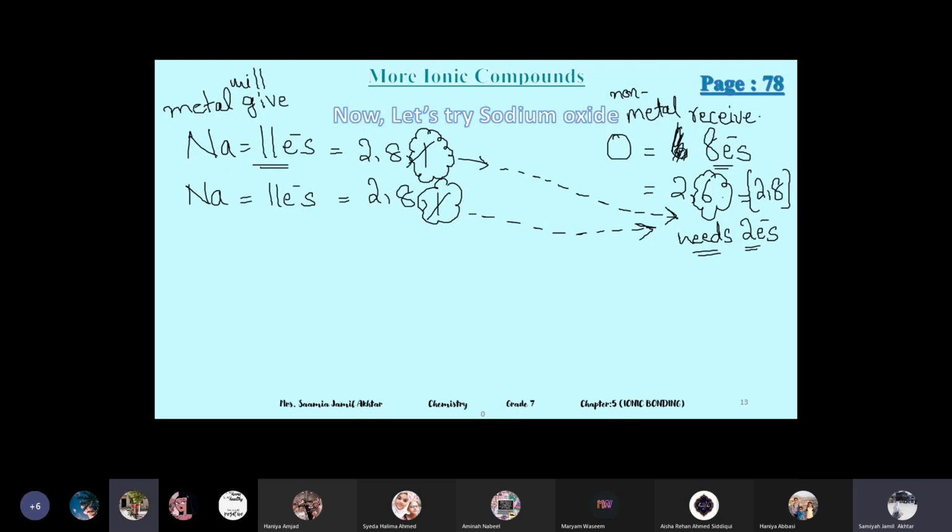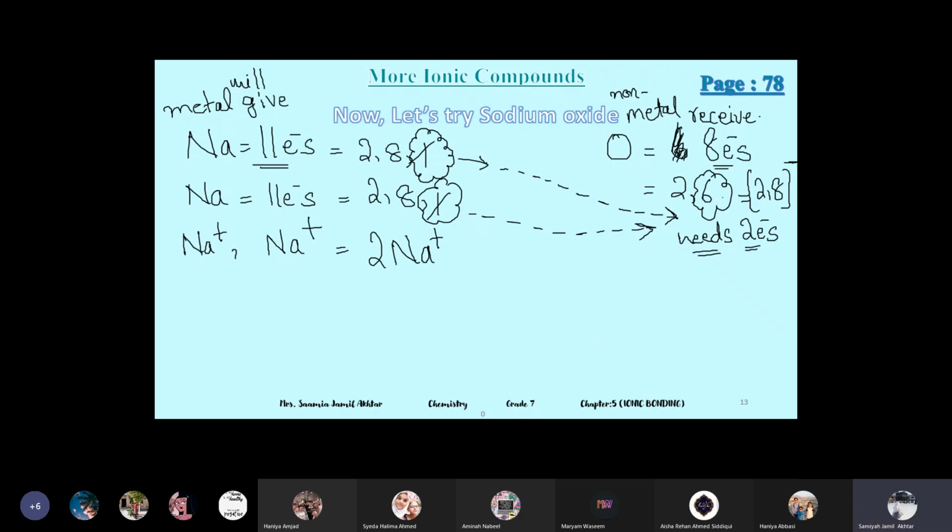Okay, so now draw the diagram. There will be 2 outside the sodium bracket, it would be +2, right? For sodium. No, for sodium, because each sodium is giving 1 electron, so sodium will get 1 charge, 1 plus. So there will be 2 sodiums now. So write 2 sodiums, 2 charges. Or you can combine them. You can write like this: 2 Na positive. Like this, 2 sodium.